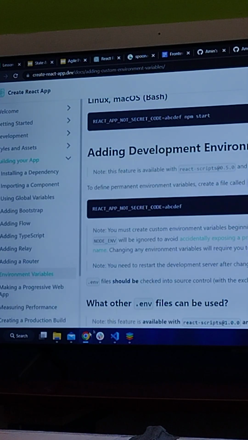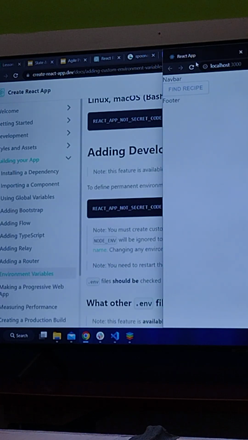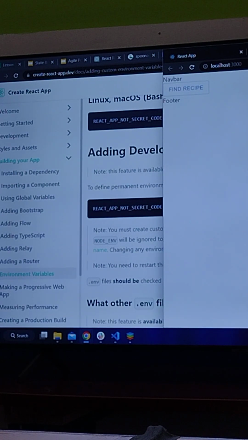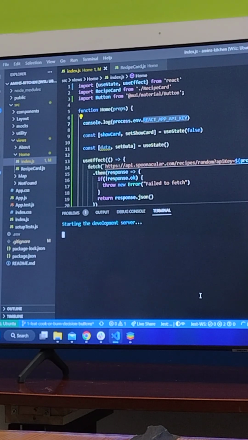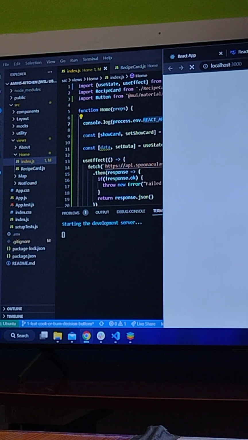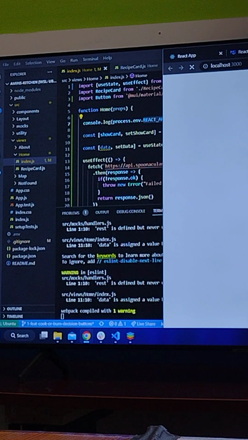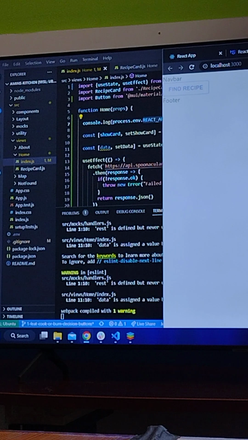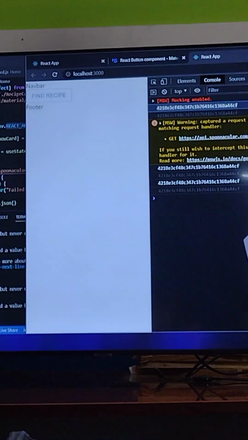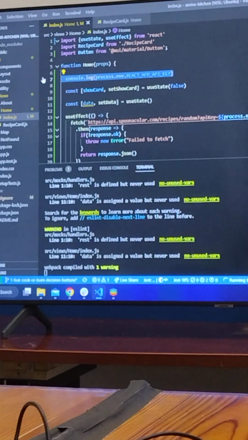Okay, so now let's double check the page. Let's see. Let's start again. If not, I'll just put it inline. Shouldn't put it inline, but I don't want you all to suffer through me trying to figure that out. Okay, there you go. My API key is now showing, so that means that my API